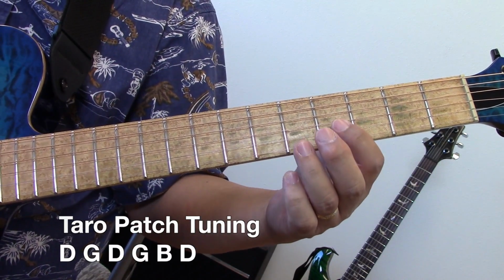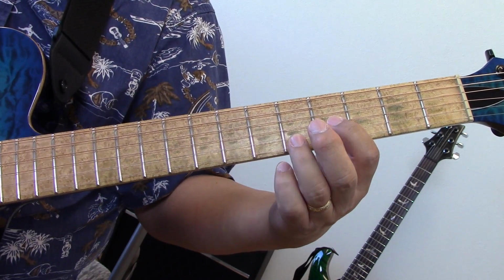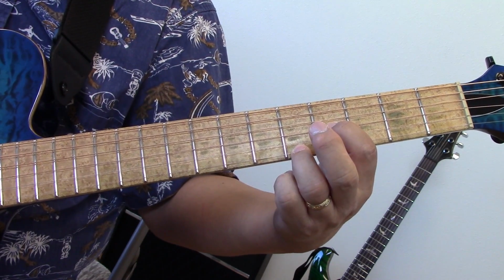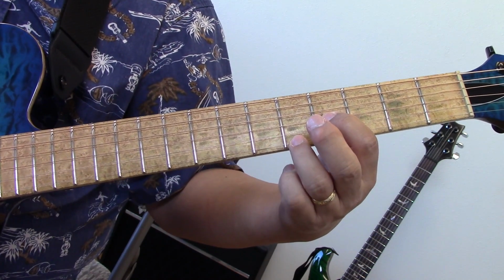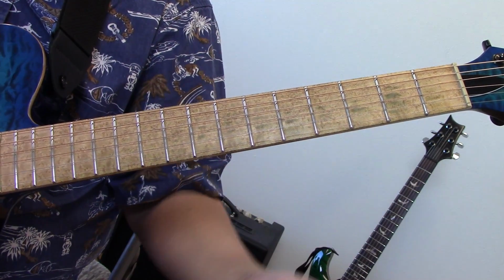Previous shows I've showed you what I call the interval of a sixth. What that means is this is a B and this is a G. If you count B, C, D, E, F, G, it's six notes apart. So today we're going to flip it. Instead of B on the bottom and G on the top, we're going to put G on the bottom, B